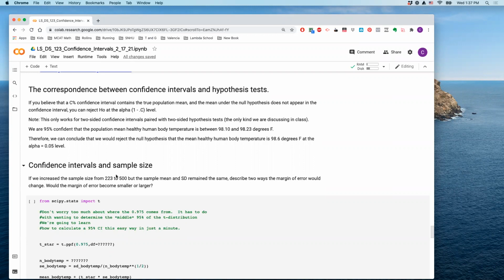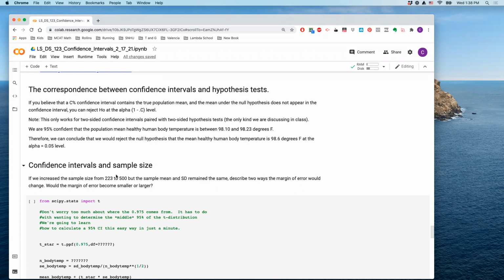So when you have a not equal to alternative hypothesis, you can actually determine if you should reject or fail to reject that hypothesis based only on looking at a confidence interval. So let's again think about what the confidence interval is telling us. We're saying we're 95% confident that the true population mean is in that confidence interval.